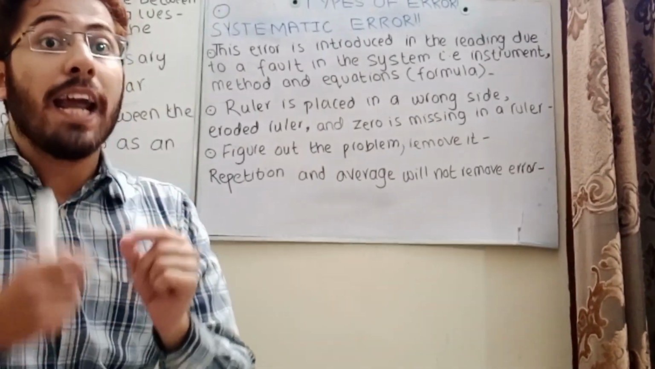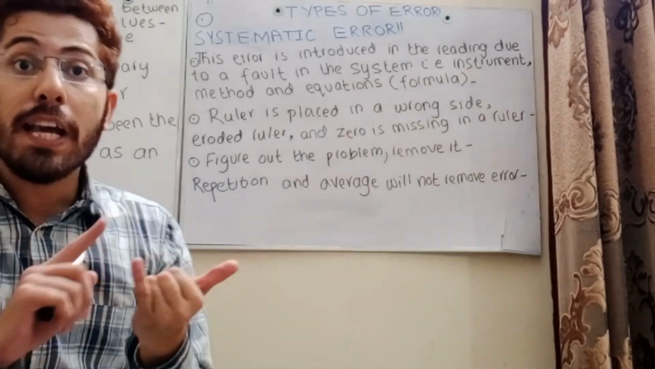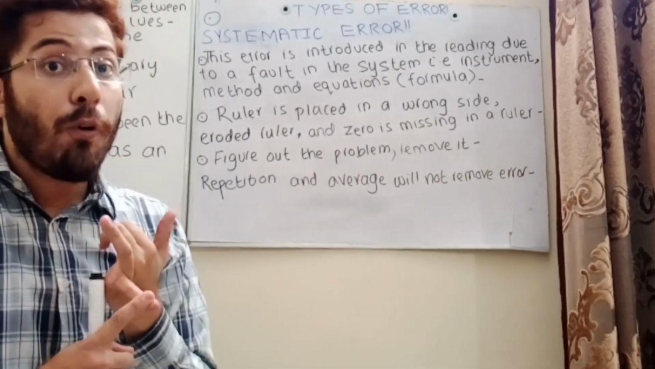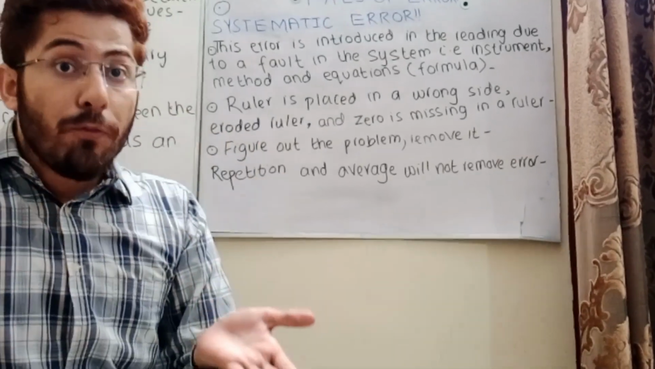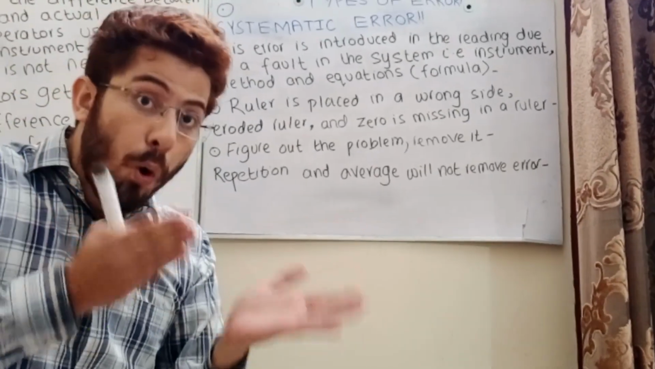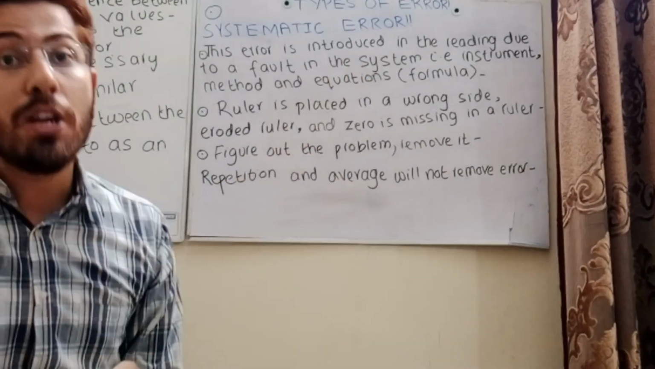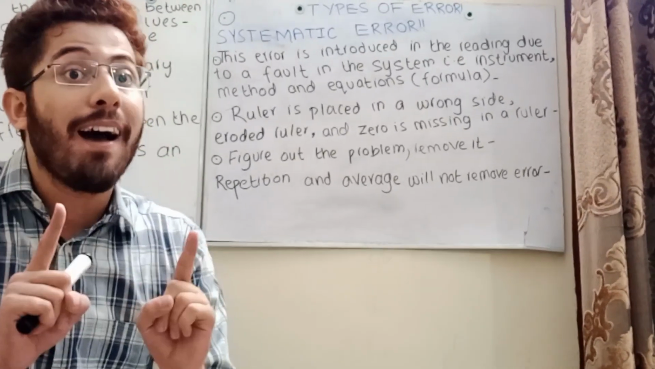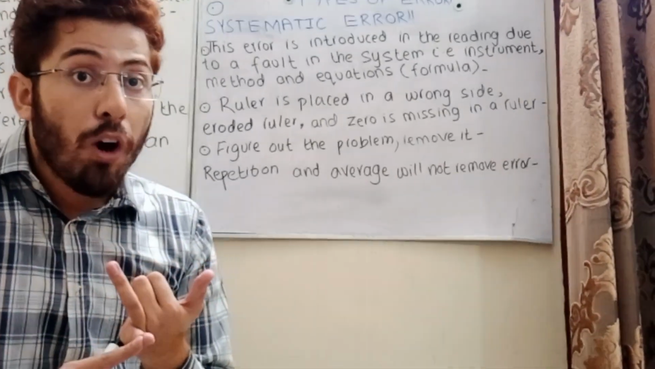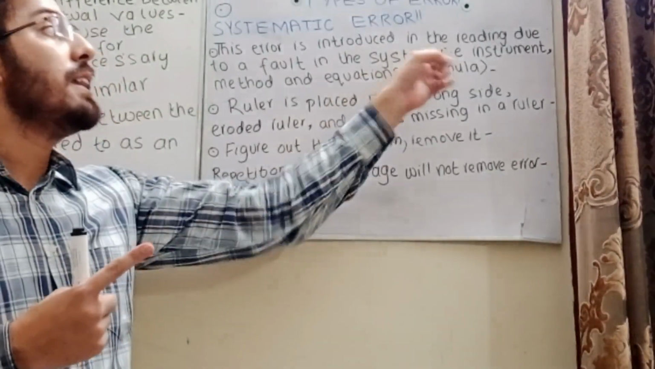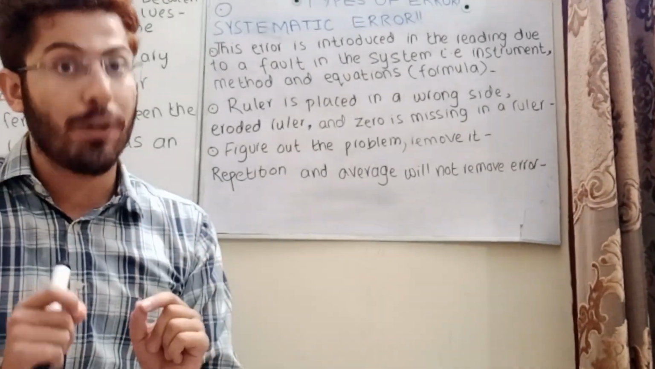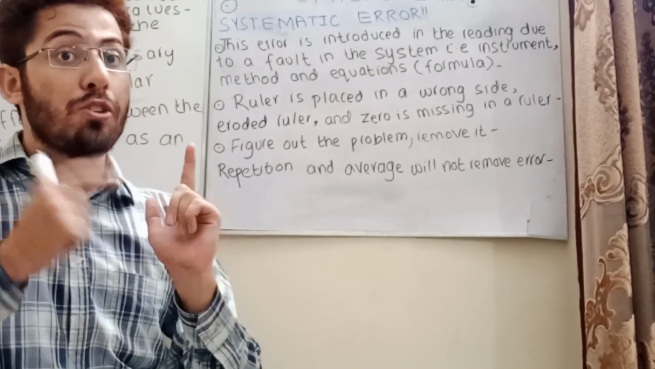What does it mean? In the system means the instrument may have a fault, or you are using a different method, or maybe the wrong method, or given equations or formula. You are not applying the required formula, you are not using the right method, or maybe the instrument has some fault. So remember my word, students. Number